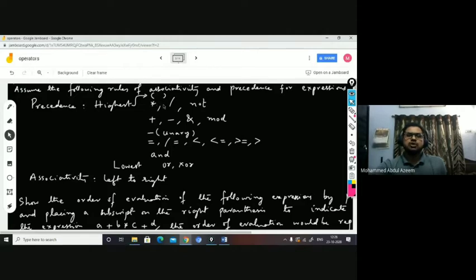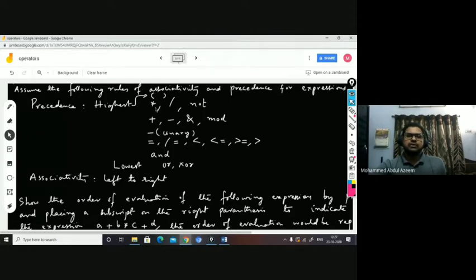Then come multiply, divide, not, right? So this was the precedence rule set by the language designer for this particular example. The expressions enclosed in parentheses first, then next is multiply, divide, not, then plus, minus, ampersand, mod, then minus, unary minus. This minus is binary, this minus is unary, right? And then followed by equal, not equal, less than or equal, and then greater than. Then you have, let us say, the and operation. Then you have or, exclusive or. So from highest to lowest.